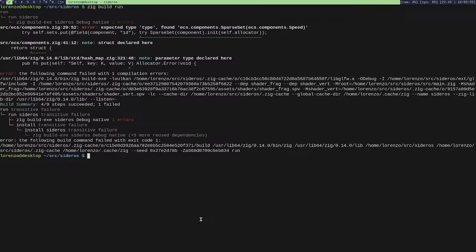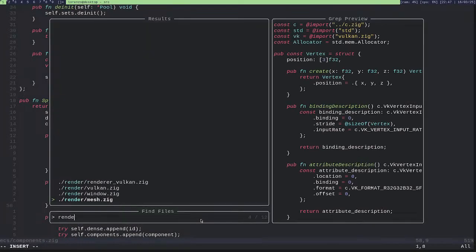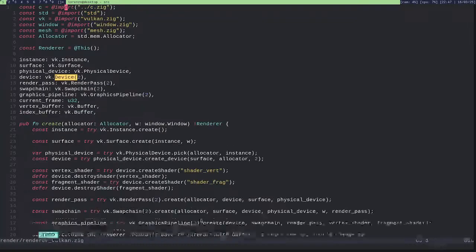Okay. So this isn't okay? Are you telling me that? Okay. Yeah, because those are compile time functions. So I should know this at compile time.